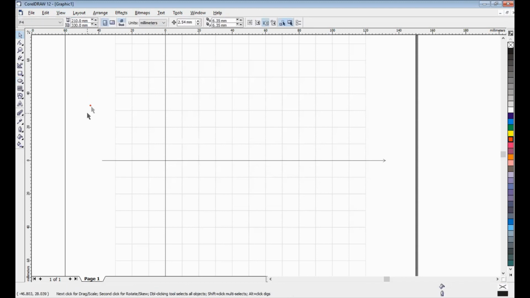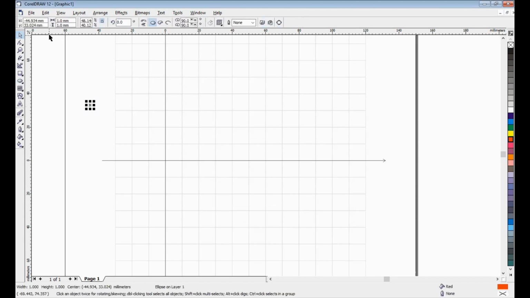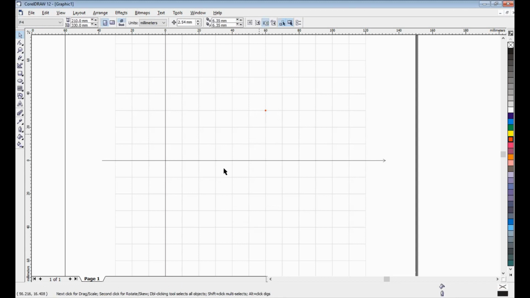If I want to place it, for example, I give position X 6 centimeters and Y 3 centimeters. Enter. You can see the result.